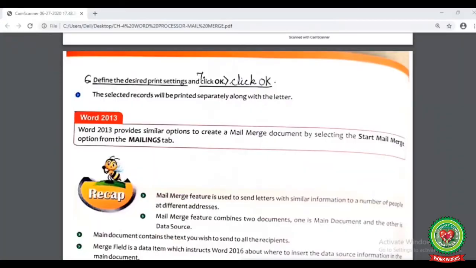Now again look at your book at page number 40. Here you can see the Word 2013 box is given. Here you will learn in Word 2013 we can also create mail merge using Start Mail Merge option from Mailing tab.